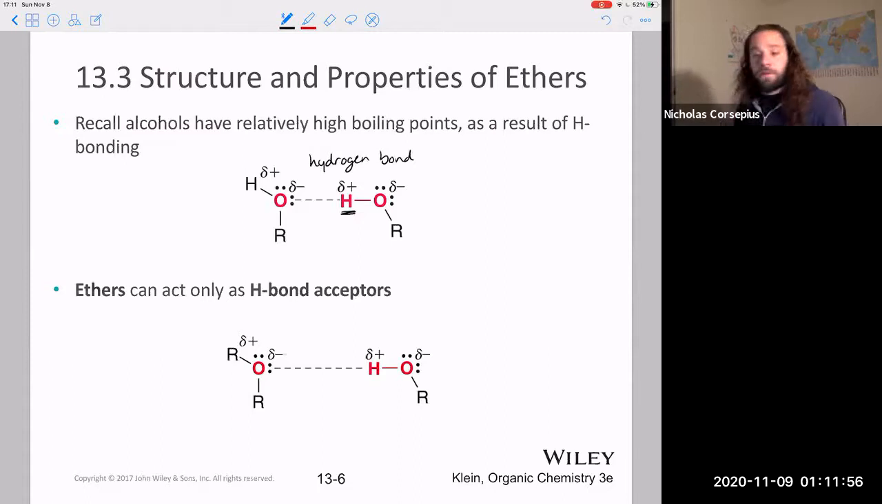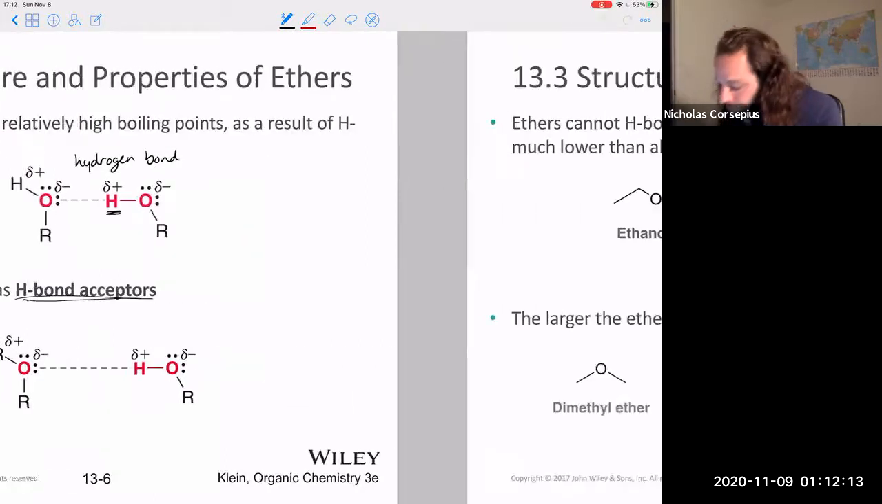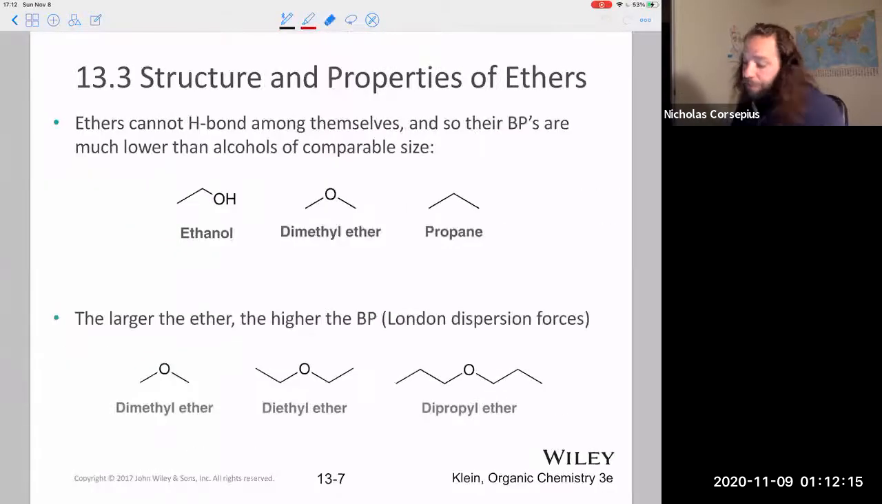Well, with ethers, we've replaced that hydrogen with an alkyl group, and the oxygen still has its lone pairs. And so ethers can be hydrogen bond acceptors, but there's no donor there. Okay, so this is an interesting part about the properties of ethers. Because of that, their intermolecular interactions in a sample of ether are way weaker than they would be for an alcohol. So remember, we can use boiling point as sort of a measure of how strongly neighboring molecules are interacting